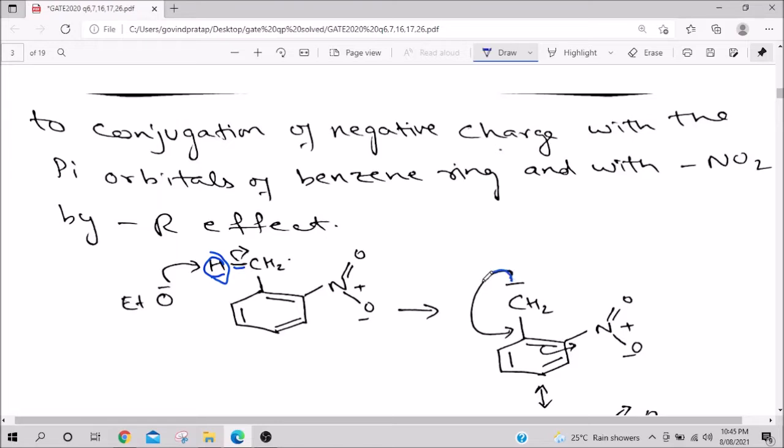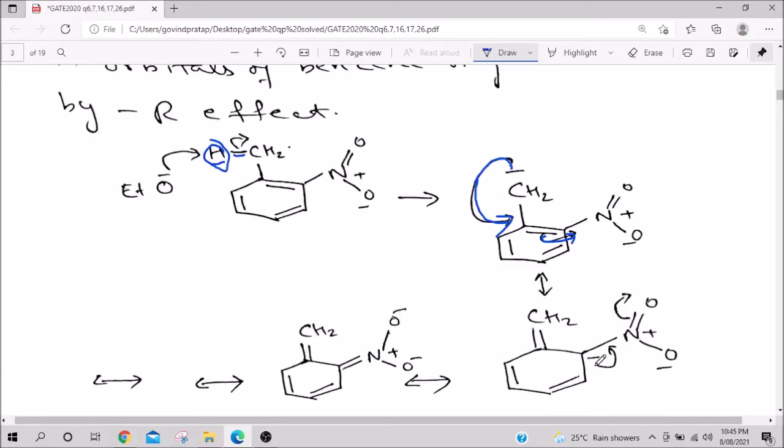This negative charge comes and attacks here between these two carbons, and this pi orbital comes here. So you get a negative charge on this, and now the negative charge gets stabilized over this nitro group, and then later many things can happen. This will come down here, this will come here, and then again the pi orbital comes here. Basically, the CH2 stabilizes the negative charge very well, because the whole negative charge is delocalized over the benzene ring and, more importantly, the nitro group. So that is what is acidic, and this is what will go and attack the oxalate.